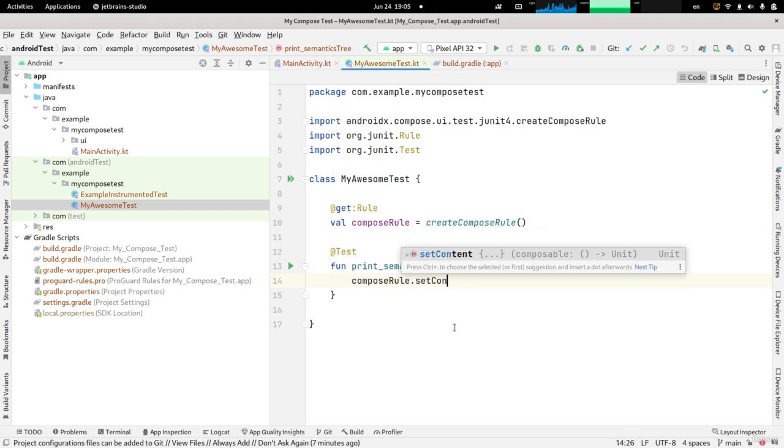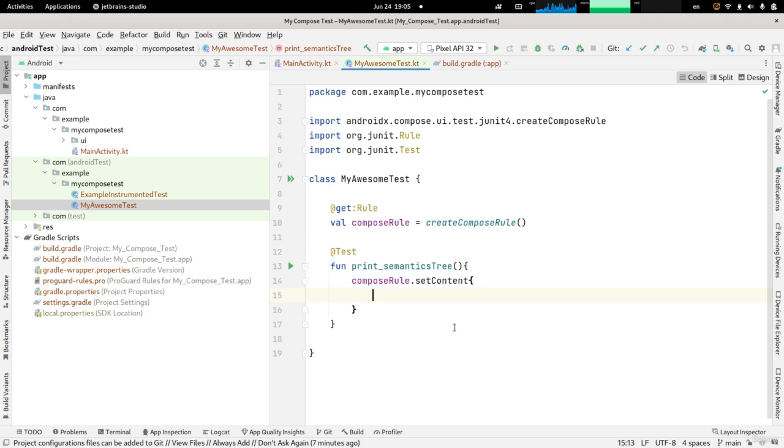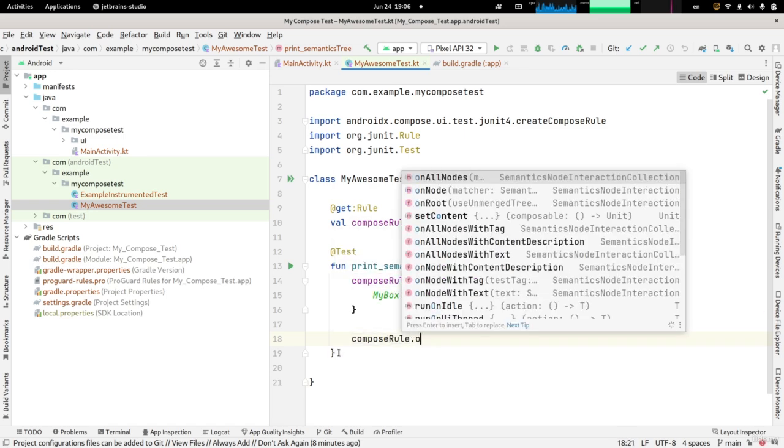First, you need to set content, because compose rule doesn't assume any content by default. You need to specify the content that you need to have for your rule, and then you can test different scenarios inside it. So first, I set the content, I specify my box inside it, and then I simply print that tree that is available in my box. So composeRule onRoot,